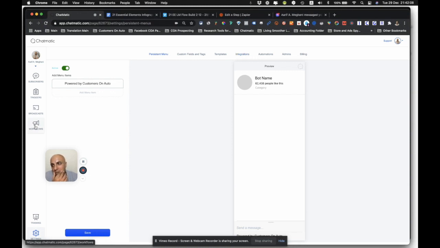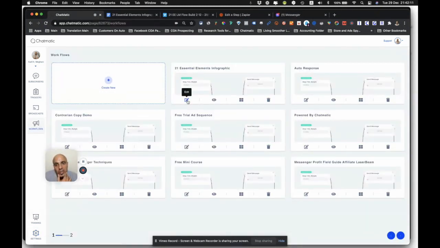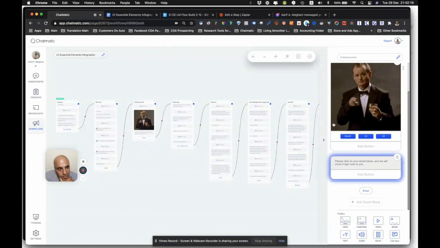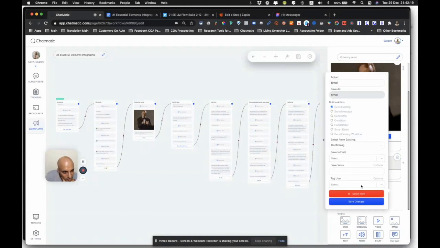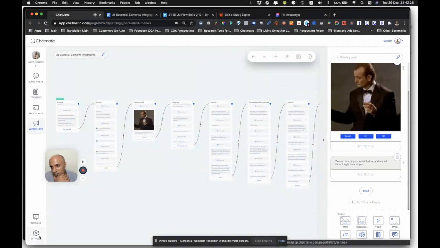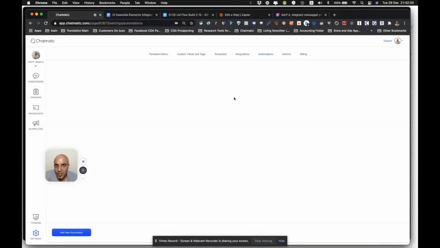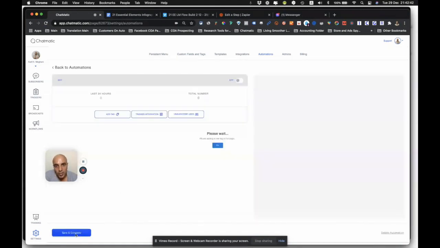Something I have forgotten to do here, in this part where it says email. We need to... not yet. First there's the integration. We also need the automation. Sorry, this gets a little bit complicated. Setting up an automation, which is what we are doing. So we set up the integration, which is the Zap, but we also need to